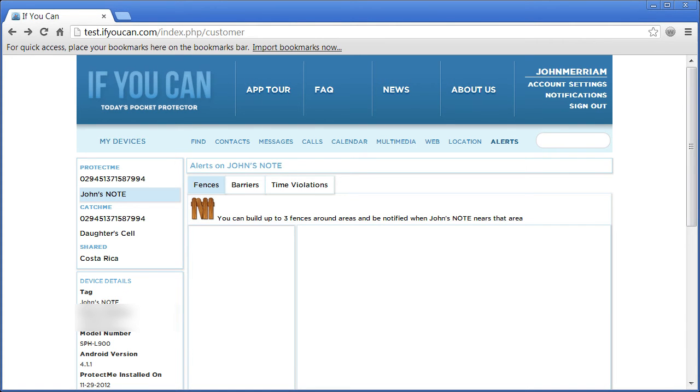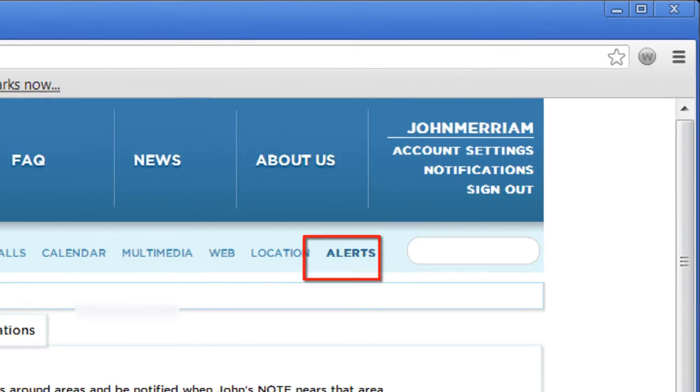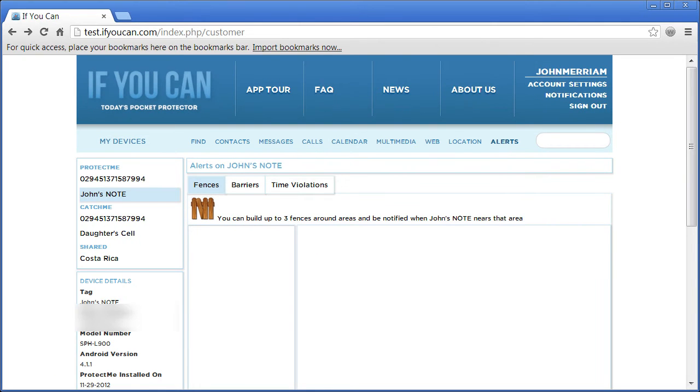I've already logged into the system and I've gone over to the right side of the menu where it says Alerts. And this time around we're going to talk about fences. Our virtual fences inside Catch Me If You Can are very much like a real fence in the physical world. You set them up as a boundary, and then the system will keep track of when a device goes outside of that boundary, and depending on the settings that you put in, will notify you of when that device has